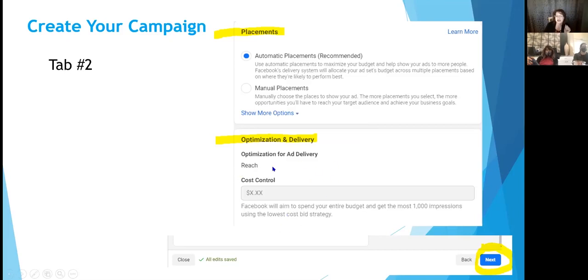So optimization is, again, what it will put in here what you chose as the optimization at the beginning of your campaign. So if you chose link clicks, this would say traffic. If you wanted to reach the most people possible, this says reach. So this is kind of just reminding you again what you optimized your budget for. I'm going through these quicker